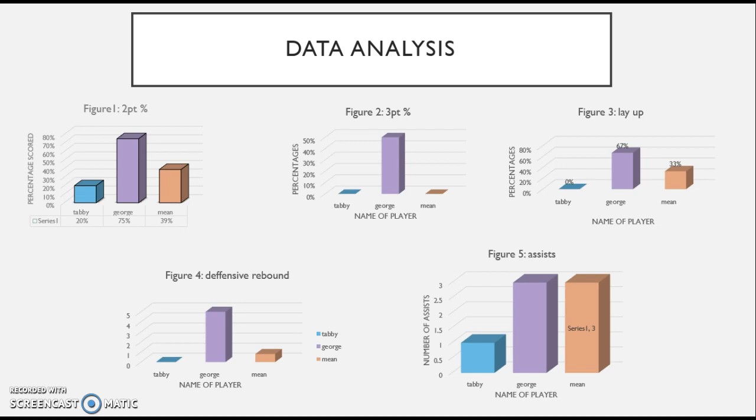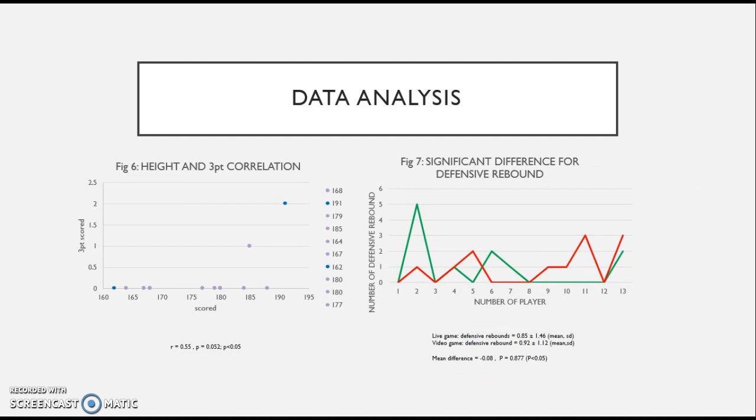As you can see overall with these, George is, for the majority of them, above average of the team. With the means shown, some of them Tabby was close to average, but for the majority she was below average or just average, which shows that George was a more elite player, and I will go into more detail about all of this in 6.4. So with the data analysis, this shows